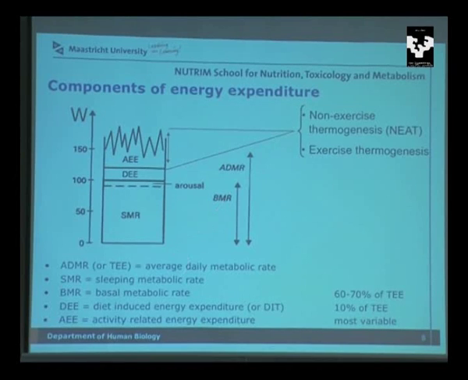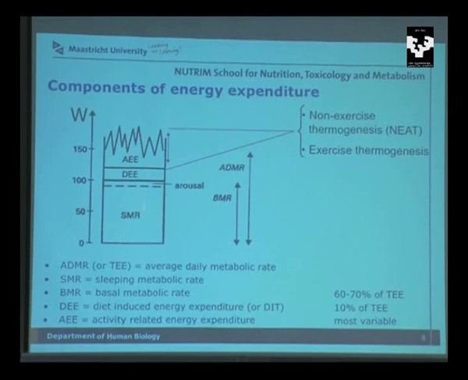This basal metabolic rate in an average human being is about 60 to 70% of all the energy that you need. So of everything you eat and drink, about 60 to 70% is just maintaining the body. About 10% is diet-induced thermogenesis. So if you eat something, 10% will be used for digesting and storing the nutrients. And then we have the physical activity related energy expenditure, and that is of course the most variable. Depending on how active you are, in general it's about 30% on average in human beings, but it can be 50% or more. If you are an athlete, it will be a lot more. So these are the different